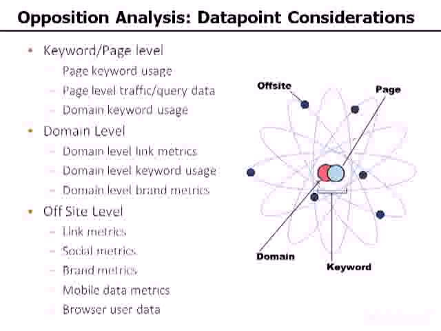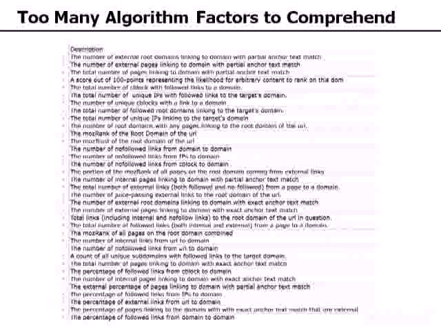When we start to consider some of the data points for opposition analysis, we can look at the keyword and page level, we can look at the domain level, we can look at the offsite level. Some of these are things that we can look at subjectively like site design, and some are more objective like link equity or domain authority, and some of the metrics, some of the quantitative data that we can pull in aggregate on a variety of these data points. And there's so many data points that we could consider here. You're essentially reverse engineering the algorithm. There's lots of different factors. Google said at any given time there's over 200 factors that go into their algorithm. Obviously we can't look at these all, so we need to just identify certain data points for opposition analysis